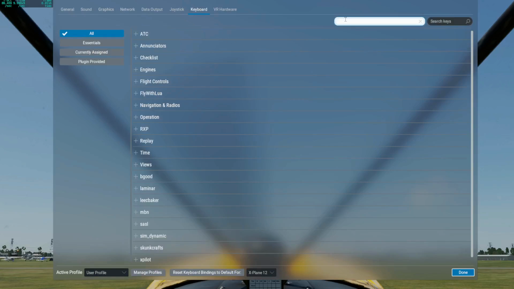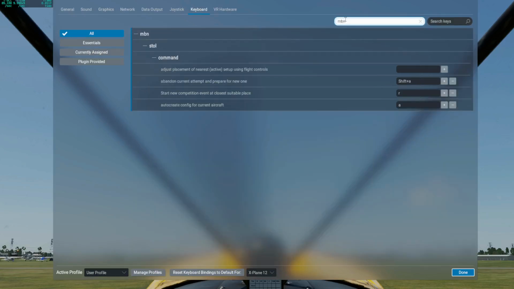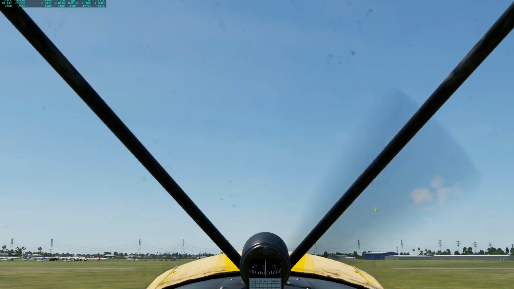if we search for MBN, you'll find a whole series of little special commands relating to the STOL plugin, and one of those is the auto create config for current aircraft, which I've just assigned to the A key. Okay, now that only works if you